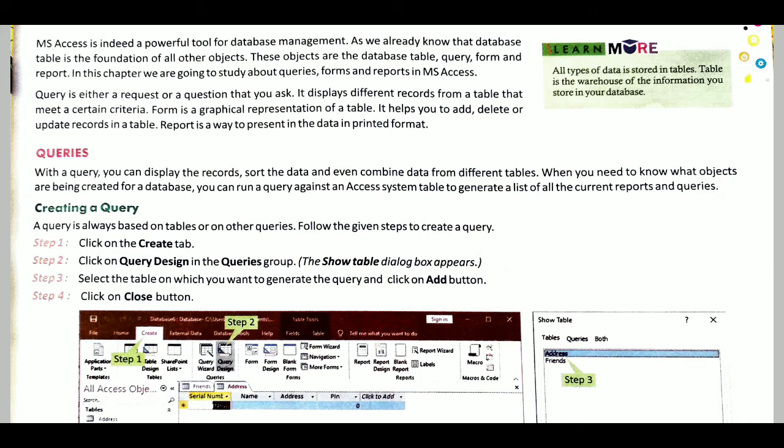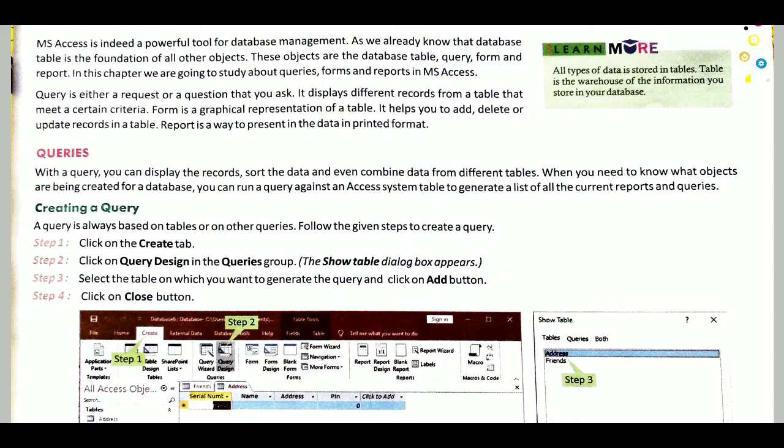A form is a graphical representation of a table. It helps you to add, delete, or update records in a table. A report is a way to present the data in printed format. See the last line: a report is the way to present the data in printed format. So this is the most important aspect of MS Access, to generate reports in printed format.